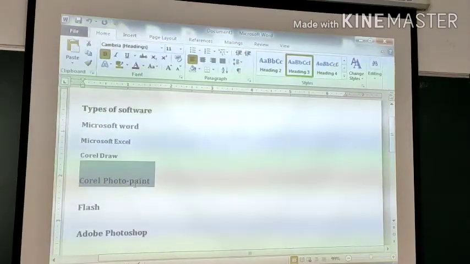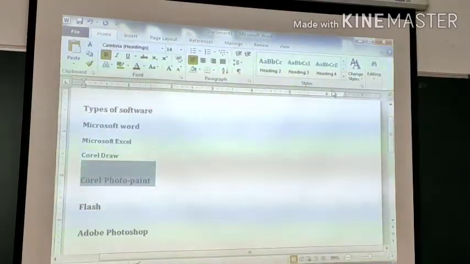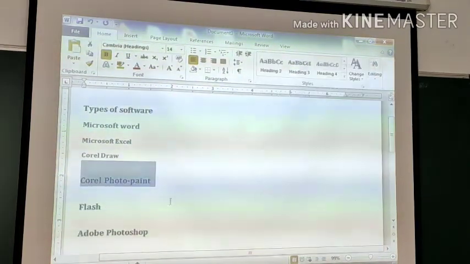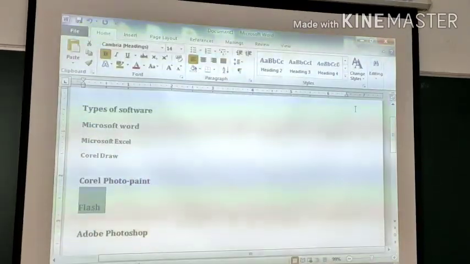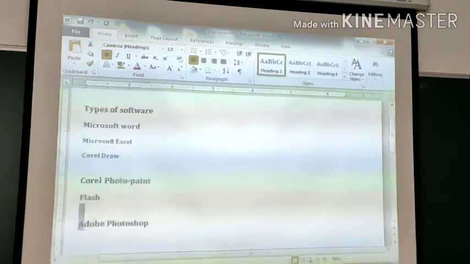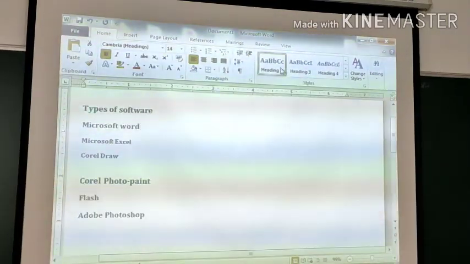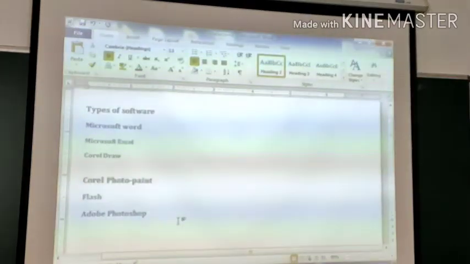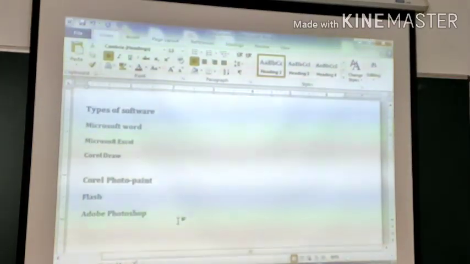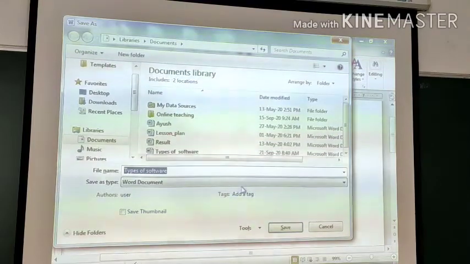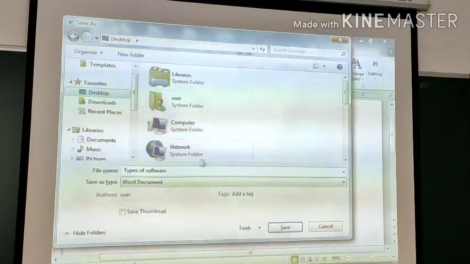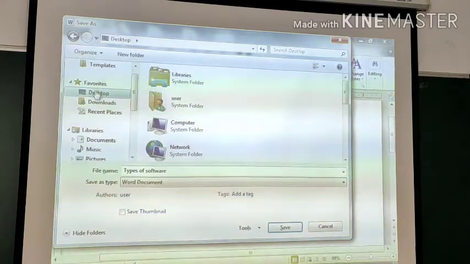Now select Corel Photo Paint and select Heading 1, this as a Heading 2 and this as a Heading 2. Now click on Save and save this document anywhere in your computer.